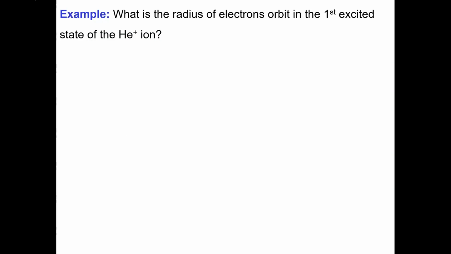So let's have a look at this. It says, what is the radius of the electron's orbit in the first excited state of the helium plus ion? So first excited state is n equals 2, and then helium plus, the reason for us being given that is because we need to recognize that Z equals 2, and then now we just kind of have to go for it. So r equals n squared times a naught on Z,